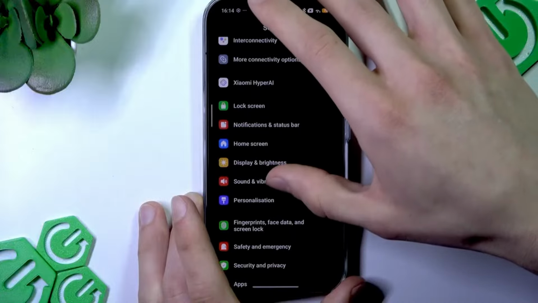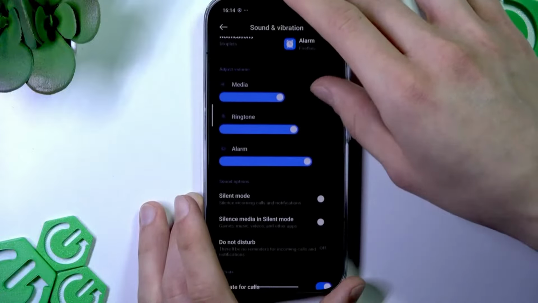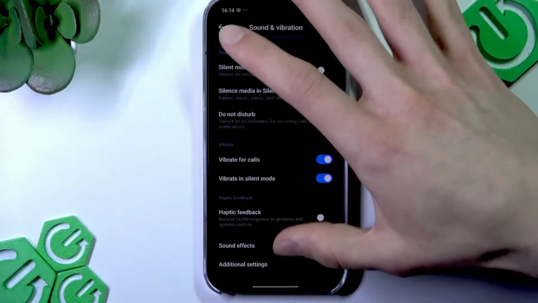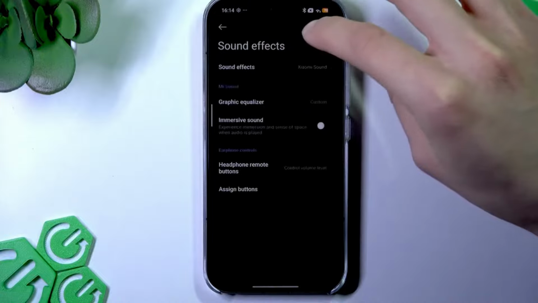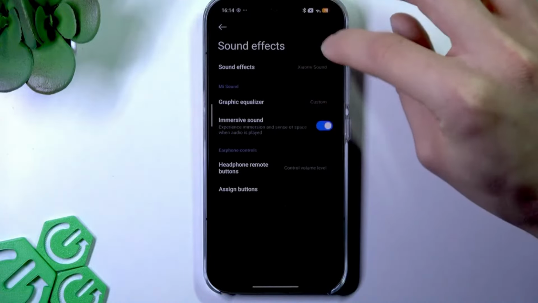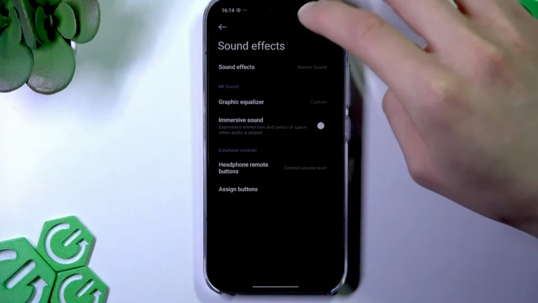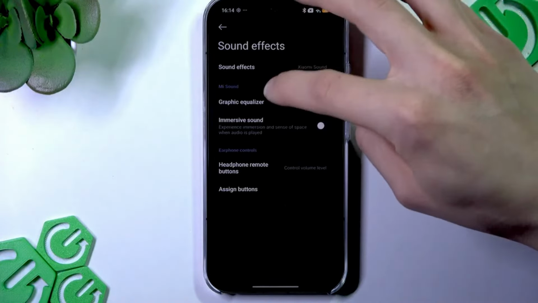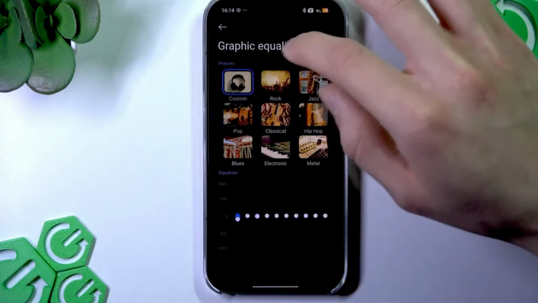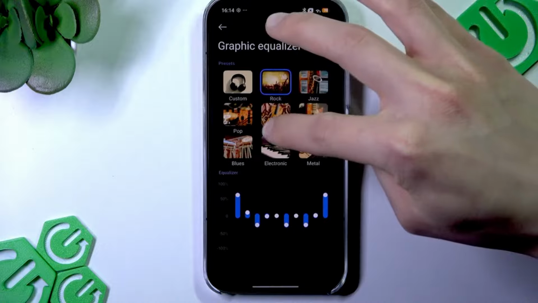go to sound and vibration, then scroll down to sound effects, and you can try to disable Dolby Atmos and replace it with Xiaomi sound. You can also enable or disable immersive sound and check how it affects your volume quality, or you can go to graphic equalizer and either try a different equalizer